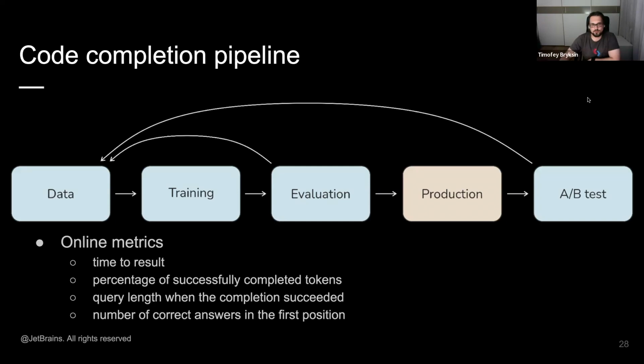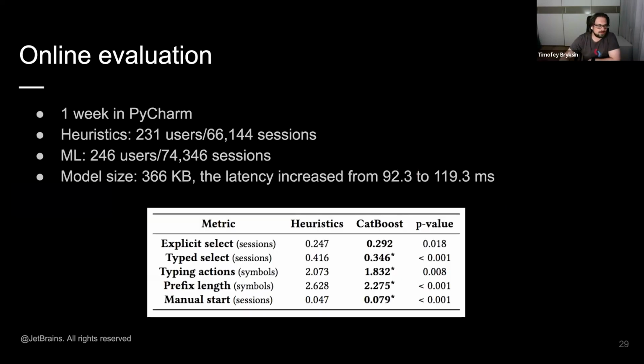We deployed the model, and since we now have it online, we can have online evaluations. Again, I'm going to have a link to the paper, and you can get everything from there. We have several kinds of metrics that show how people actually use the model: how many symbols they typed, how many things they selected explicitly from the list, and what the prefix length of what they typed was.